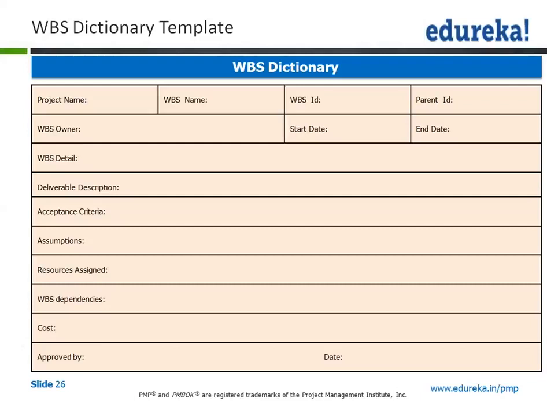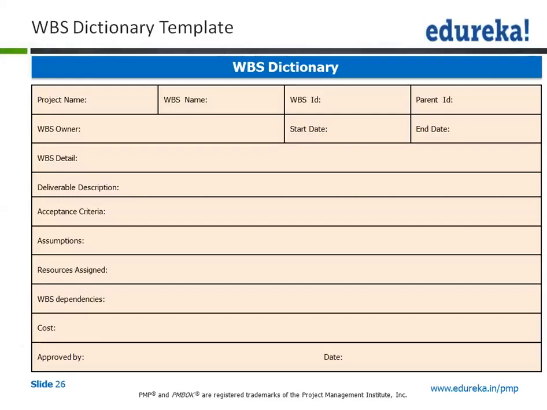We mentioned that ID, like what is that requirement which has come in from which stakeholder and the other attributes and details pertaining to that requirement. So likewise, even in the WBS dictionary, you have the WBS ID, WBS detail, WBS owner, acceptance criteria, what are the assumptions, what are the resources assigned, what is the cost,